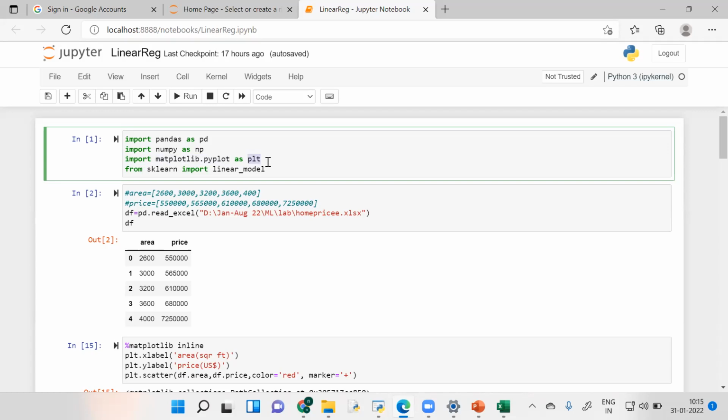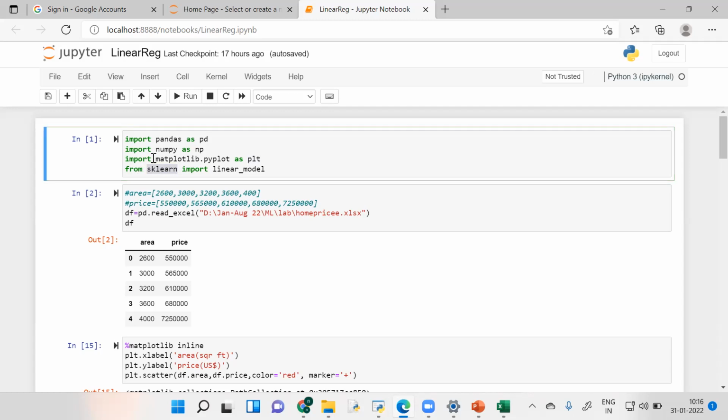Now you know that the linear regression model is something that has already been created. It's not a new model that I am creating. Its code is already there. All you have to do is just import it. And for all the machine learning algorithms, there is a dedicated library known as scikit-learn. From scikit-learn, which is a huge library,